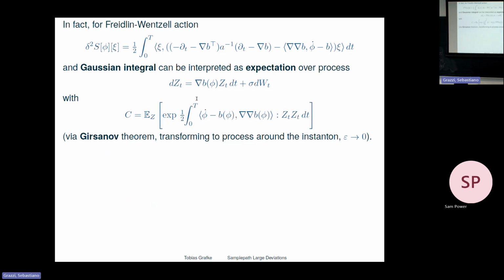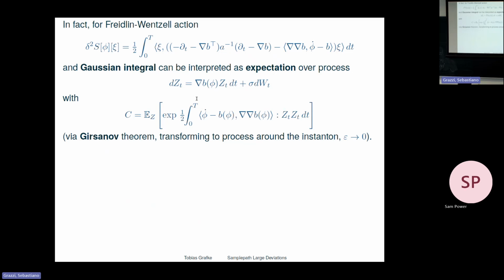And then the prefactor is just an expectation over this Z, because this is a density that corresponds to this process, and this is the only thing that remains. So in some kind of inverse Feynman-Kac formula, this is the expectation that I need to compute. So this is Girsanov's theorem if you want, and then letting epsilon go to 0 and dropping all of the terms that are order epsilon to the 3/2 or higher.